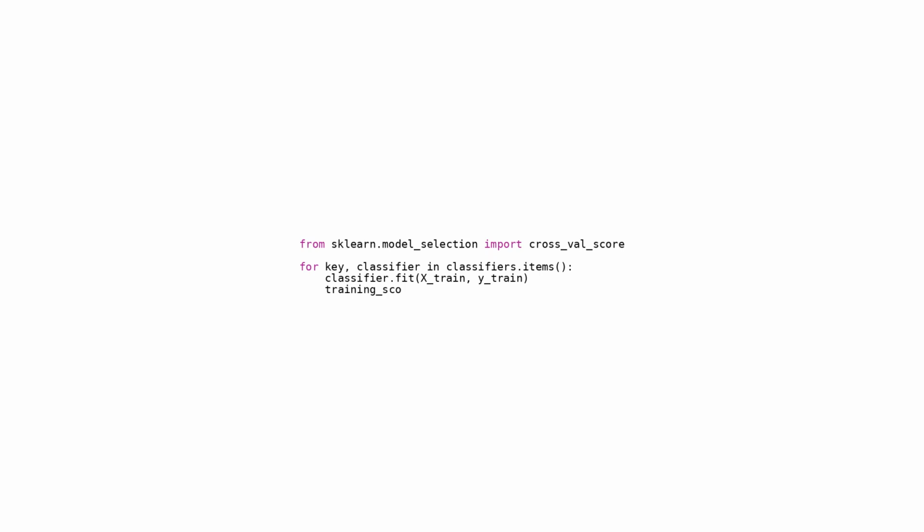This snippet evaluates the performance of different classifiers using the cross_val_score function from the scikit-learn library. It starts by importing the necessary function from scikit-learn and then iterates over a dictionary of classifiers to fit each one on the training data x_train and y_train. For each classifier, it computes the cross-validated accuracy score using 5-fold cross-validation, cv = 5. The